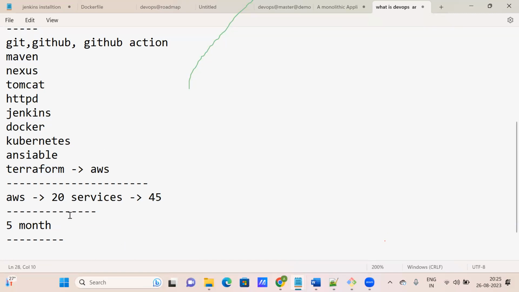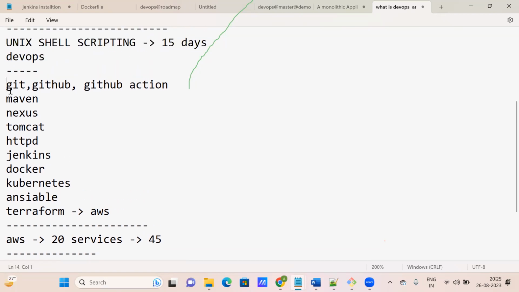So what we are going to do, we can start tomorrow. I'll explain all the tools and how we are going to integrate the end-to-end flow. It may take 2 hours. We'll complete that integration in the UI. I'll take an example of why we are going to use this, why all these things.